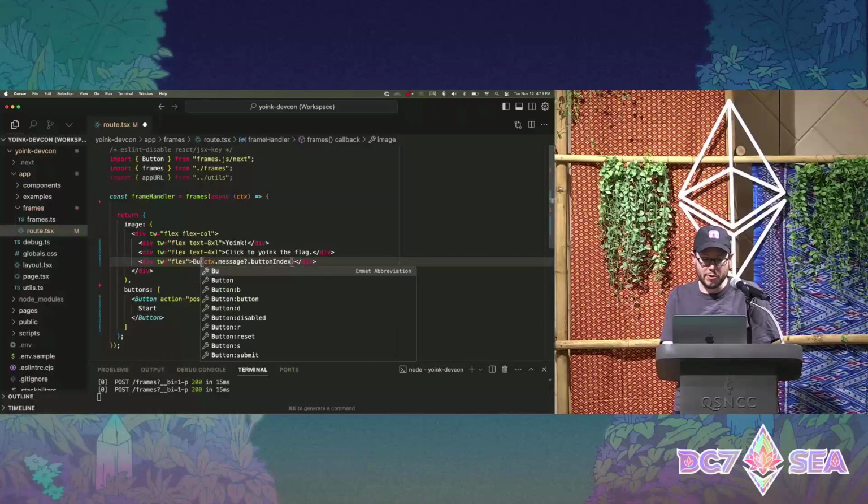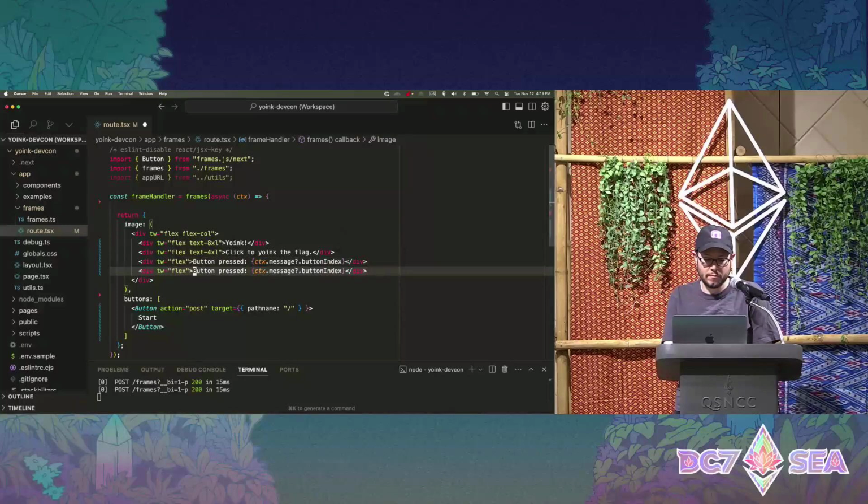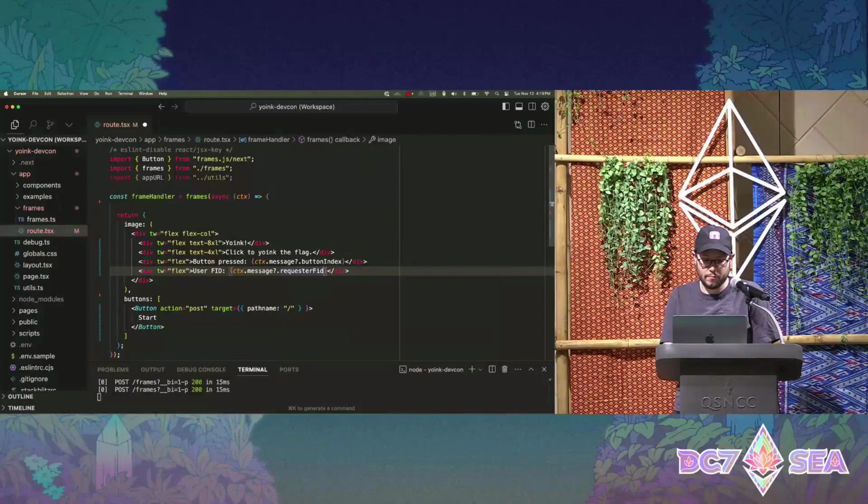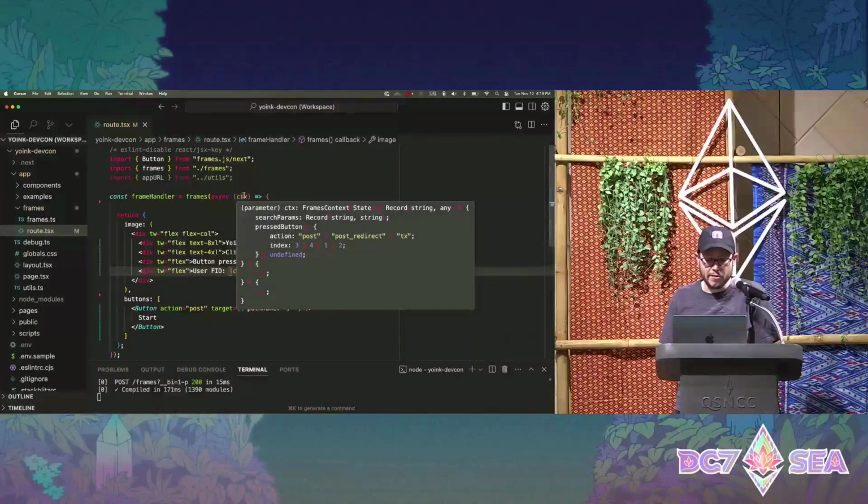So we could show, for example, which button was pressed, or the ID of the user who pressed it.